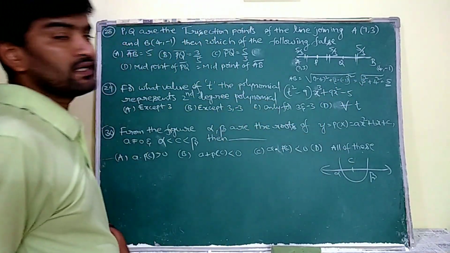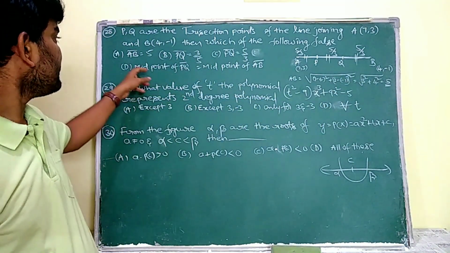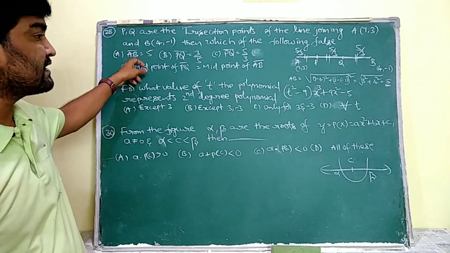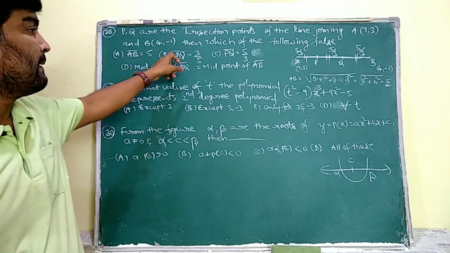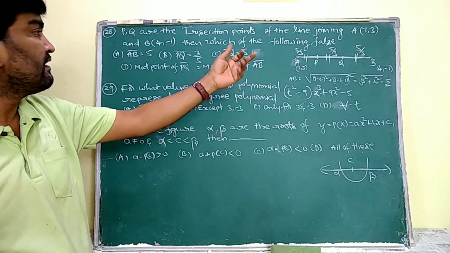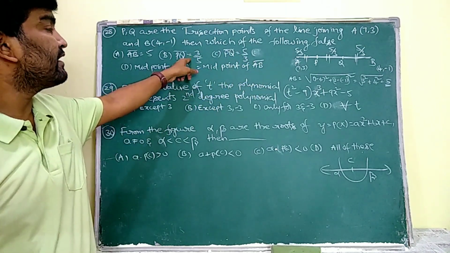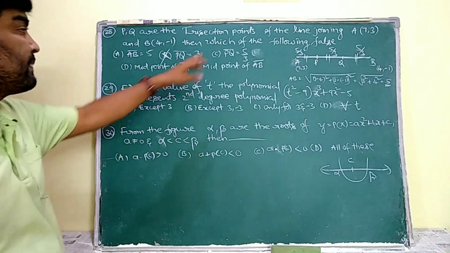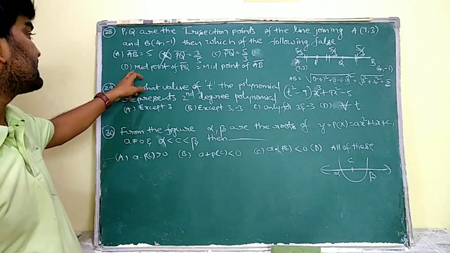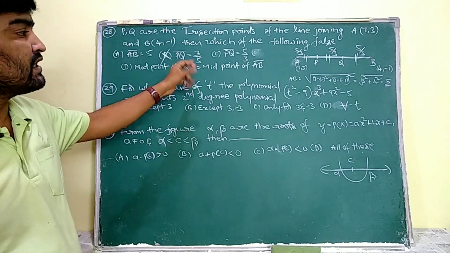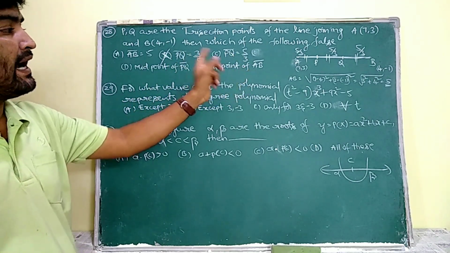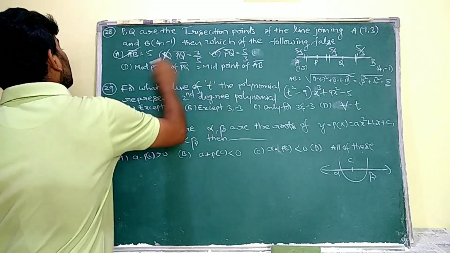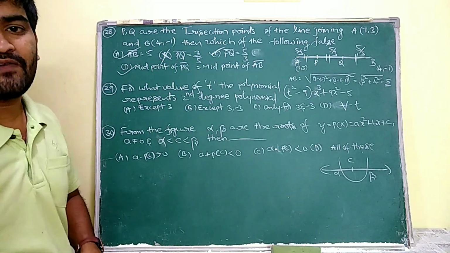So remember that. Now see, AB is equal to 5 it is saying, and which of the following is false is asked. AB length is 5, it's true. PQ means 5 by 3. Here PQ is 3 by 5 they gave. It's wrong. PQ is equal to 5 by 3, right? Midpoint of PQ and midpoint of AB are the same. So these 3 are true and B is false.